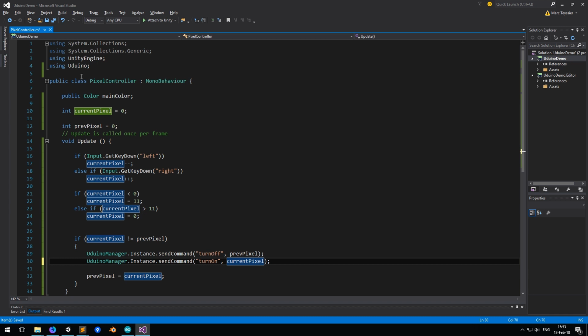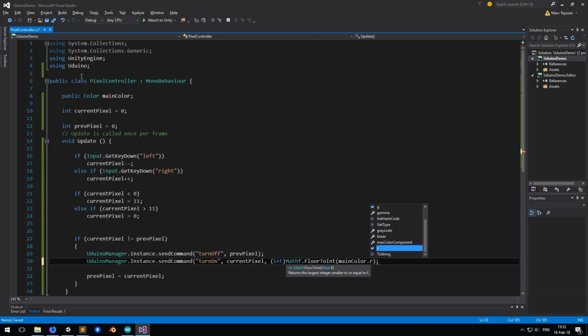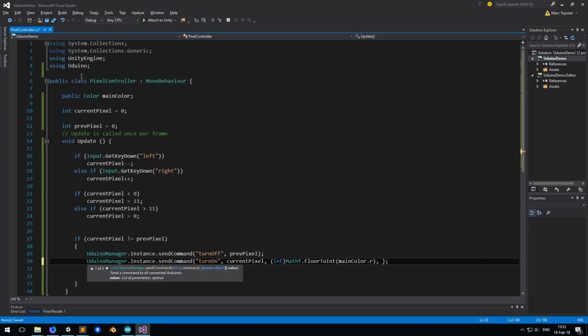What we also want to do is to send the color value stored in mainColor. For the red channel, it's going to be Mathf.FloorToInt(mainColor.r * 255). We have to multiply it because it's more convenient to catch a value from 0 to 255 on Arduino. And we have to do the same with the green channel and the blue channel.